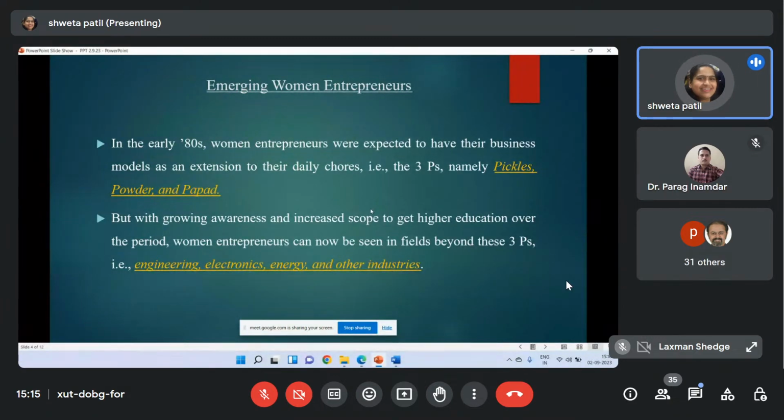The growing increase in awareness for higher education has brought women entrepreneurs from the earlier three P's which were there before the 80s, and then how it has grown and how the scope for women has grown. As you can see, earlier we used to link it only to the three P's. Women were expected to do their business activities only in these areas. But now women are going ahead and increasing their scope towards engineering, electronics, energy, and almost all possible areas